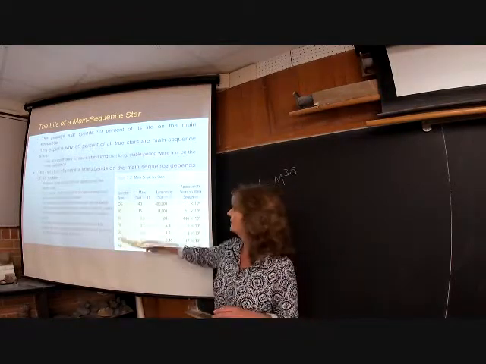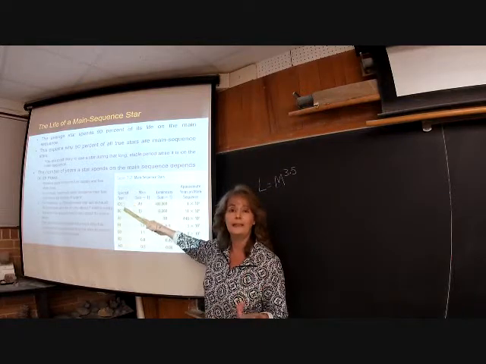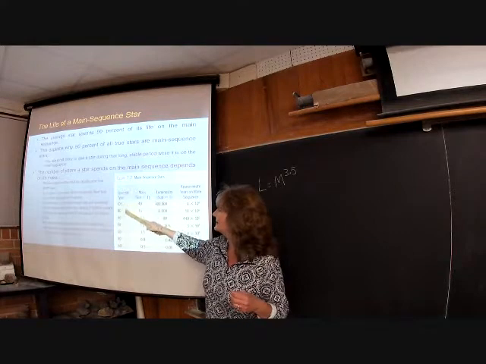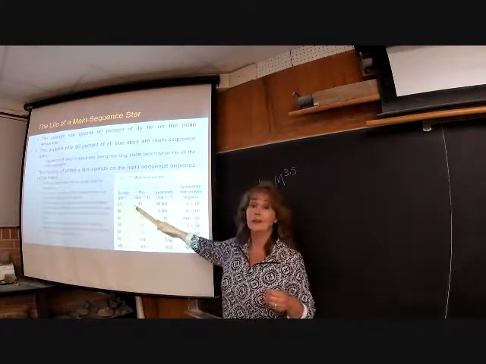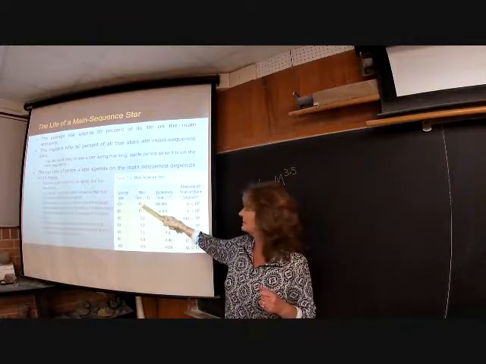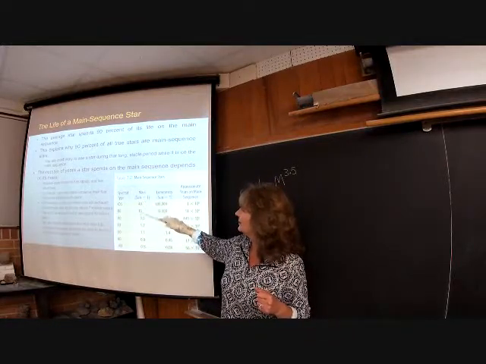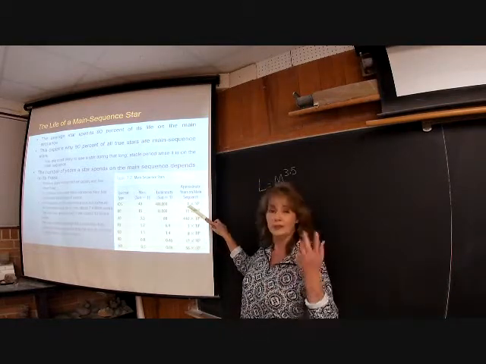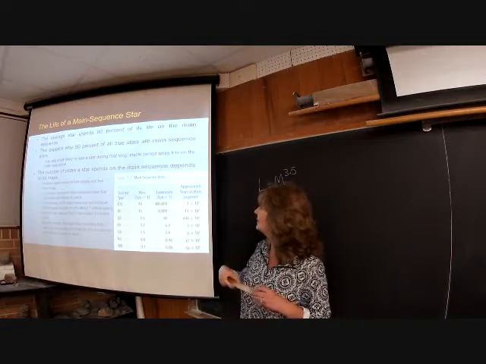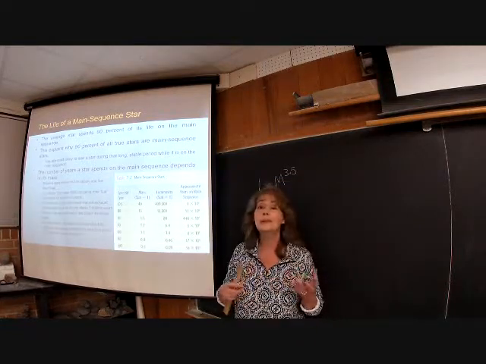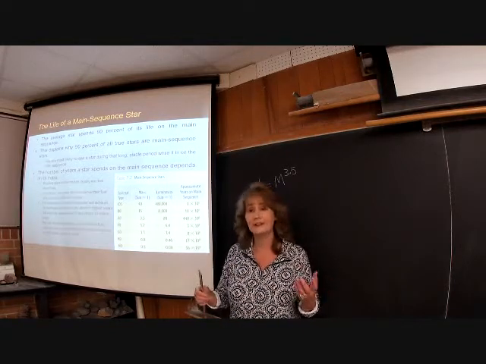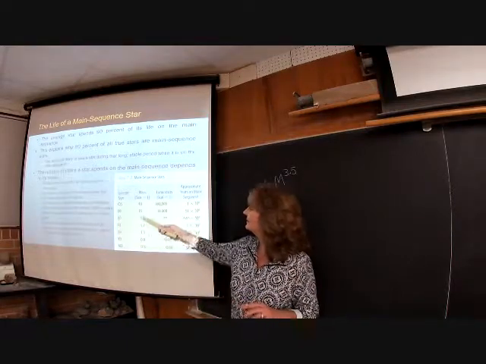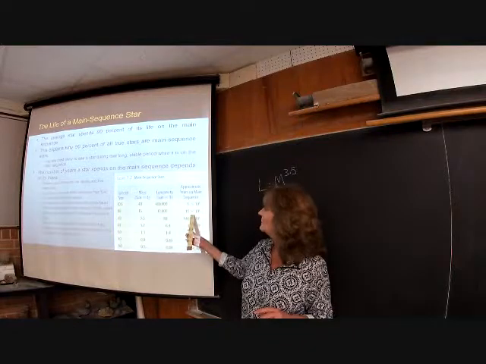Okay, so your spectral type O and B stars, right? Those are the very massive supergiants and giants, and they don't live very long, as far as star time goes. But say a 40 solar mass or a 15 solar mass, the O stars, so the very massive ones, only live about 1 million years. And so that's not very long at all, considering astronomically. And then a B star here with a 15 solar mass, 11 million.